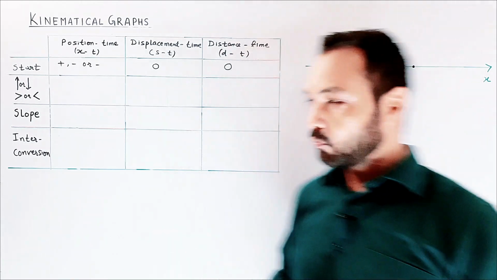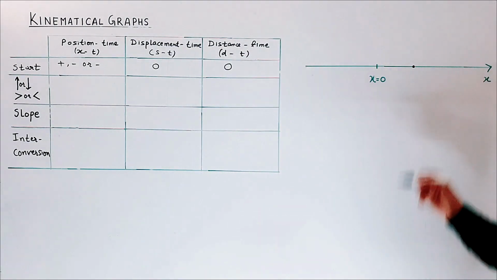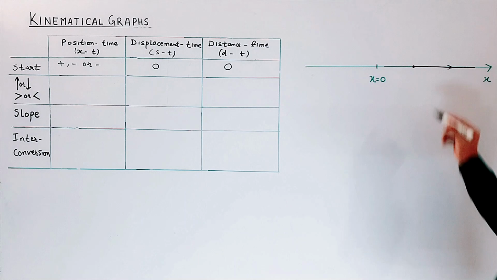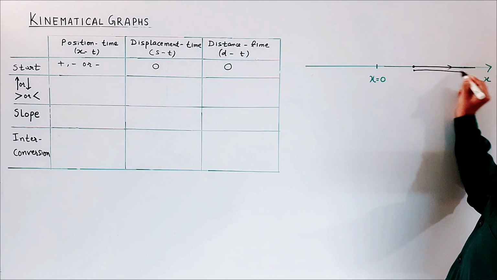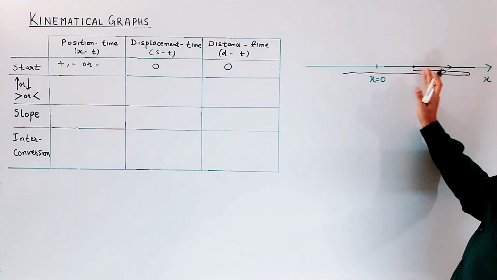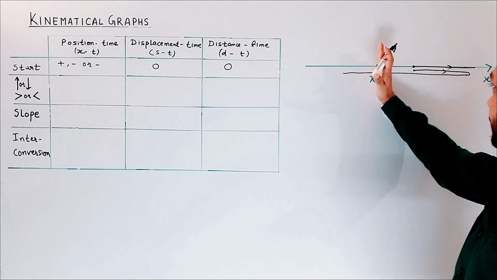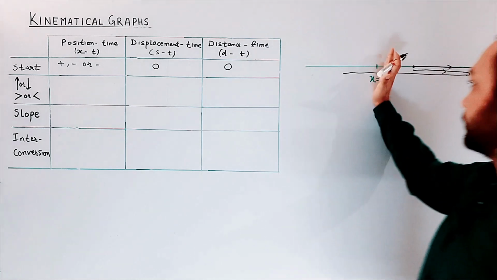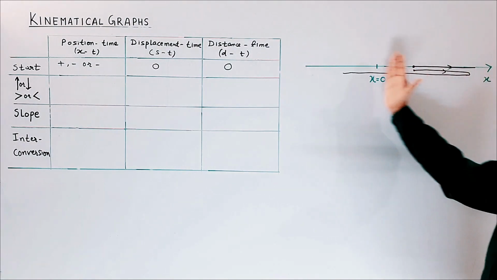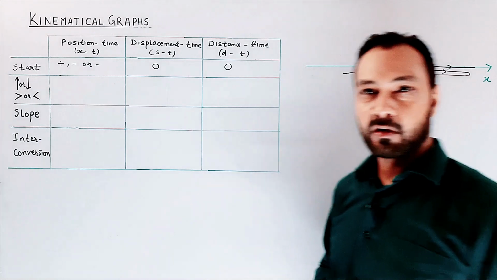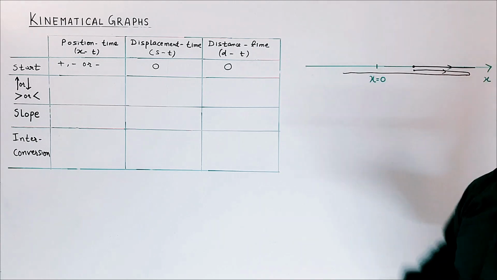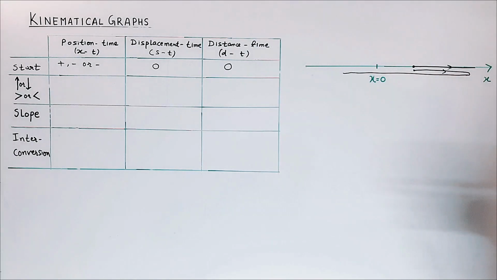So that is one thing. And now suppose the motion: there can be so many motions. The particle can go like that and not come back, or the particle can go like this and come back. You can see that we are measuring position from here, and in this direction position is positive, in this direction position is negative. So position can be positive or negative, and if it is going here it is increasing, if it is going there it is decreasing.